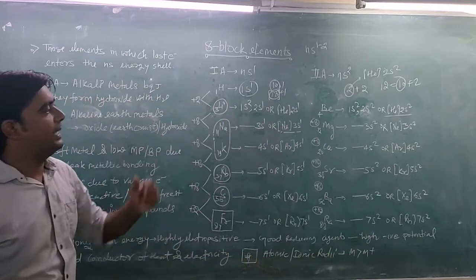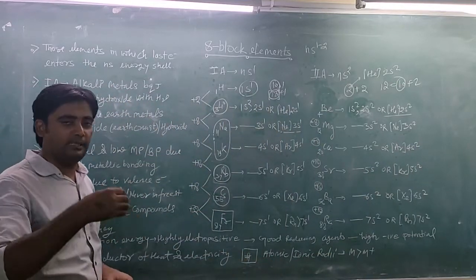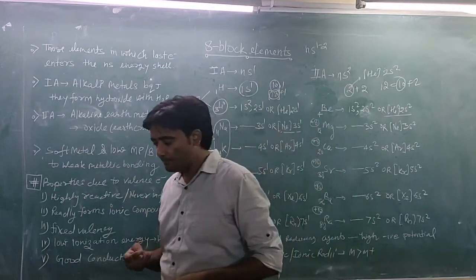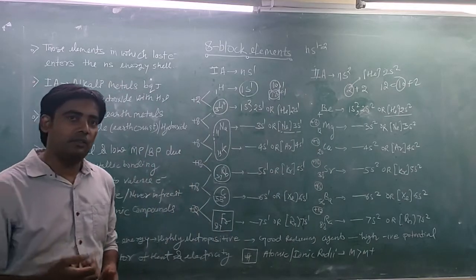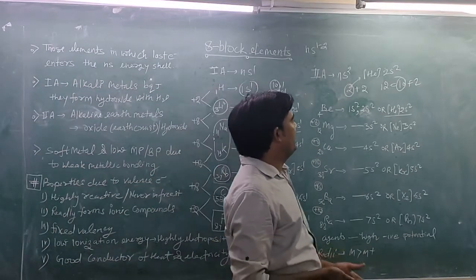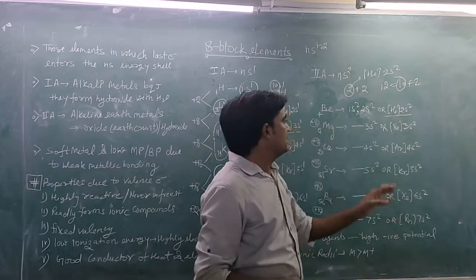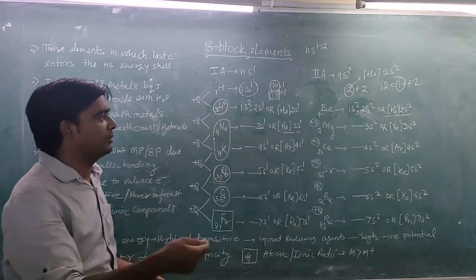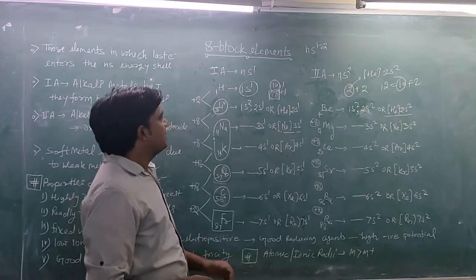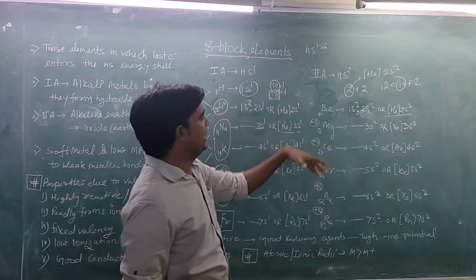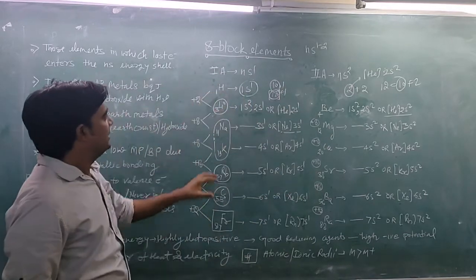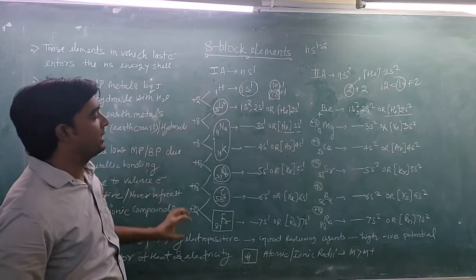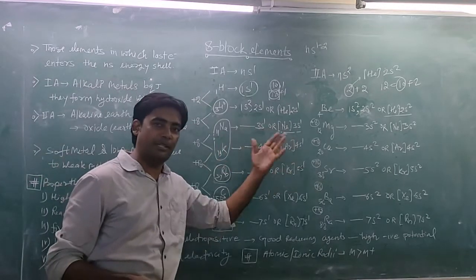So you can write the electronic configuration in two ways: as the electronic distribution, that is the electronic configuration of the valence shell, or in the fashion of inert gas configuration. You need to write the nearest inert gas first, and then the valence shell electronic configuration. So this is all about the electronic configuration: how to write it and the relationship, how we can write the atomic number by adding some magic numbers. You can simply write the electronic configuration on this pattern.